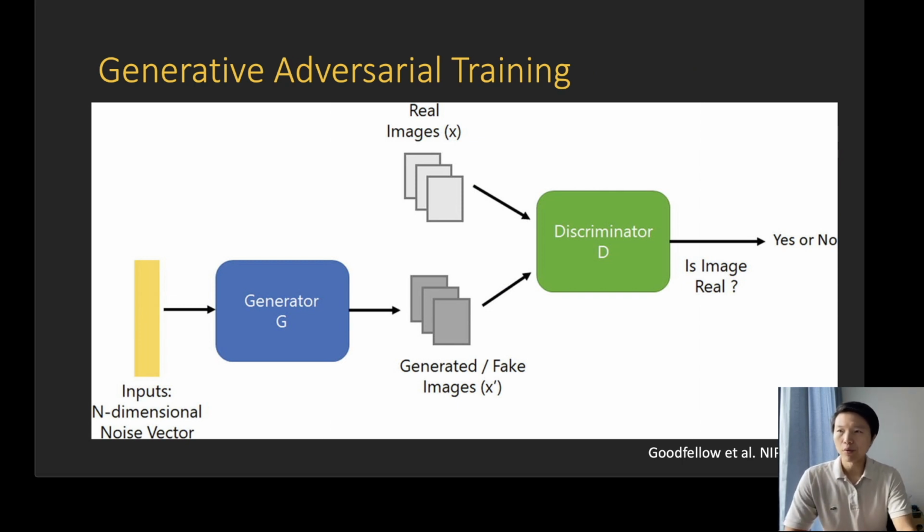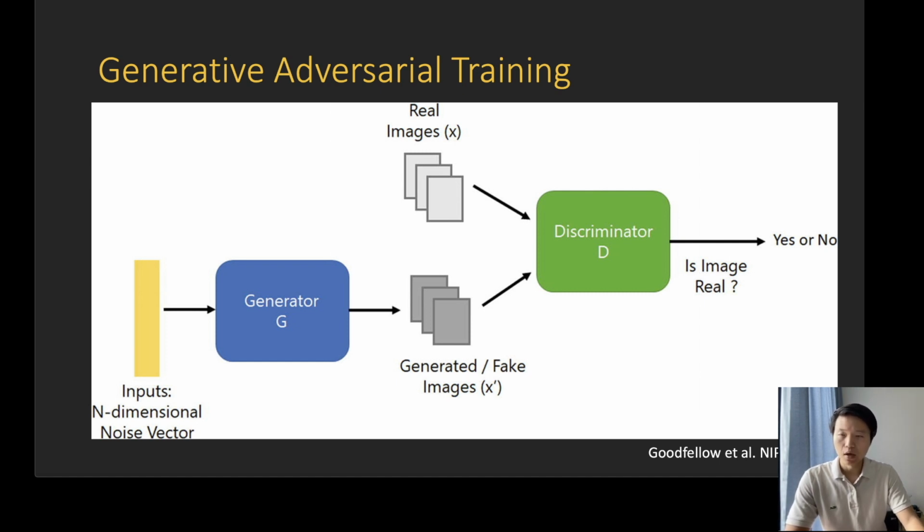Probably everyone is familiar with the generative adversarial training process. To train the GAN models, there is a generator which takes a random noise and generates synthesized images. Then there is another network called the discriminator, which classifies the synthesized or real images into labels. The purpose of the generator is to generate synthesized images to fool the discriminator. The role of the discriminator is to differentiate whether the input is a real image or a fake image. Through such adversarial training, the generator can learn the general distribution of the input data